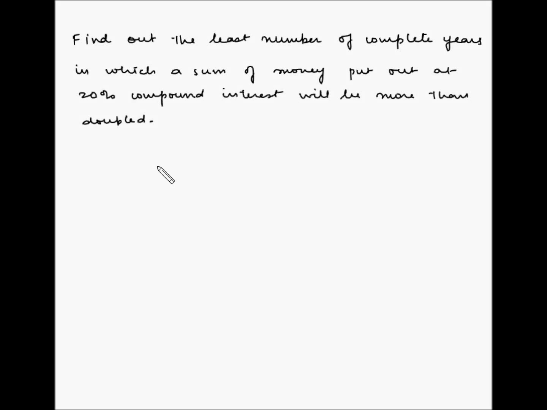Find out the least number of complete years in which a sum of money put out at 20% compound interest will be more than doubled. So here, let's say a sum of money which is P rupees has been deposited in a bank at compound interest. The rate of interest is 20%,